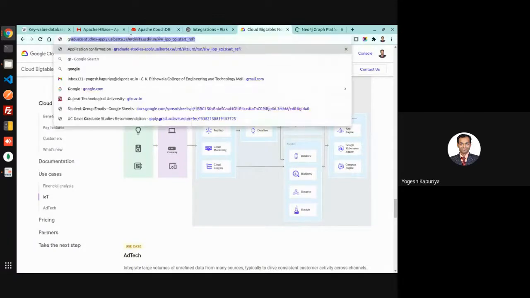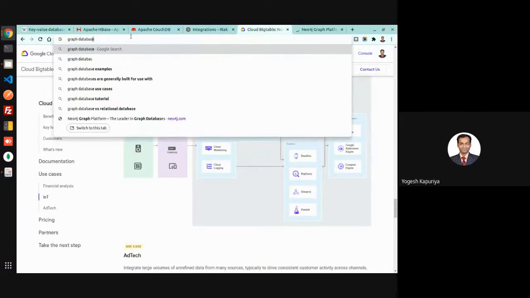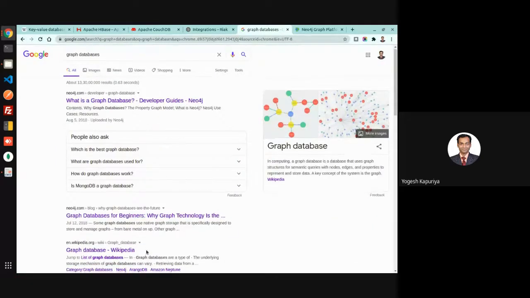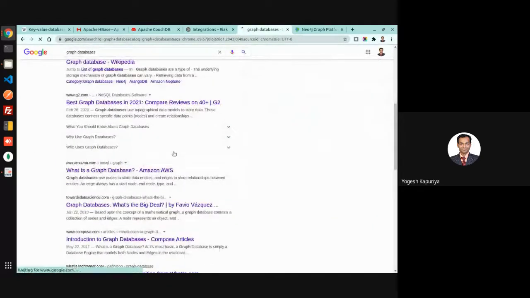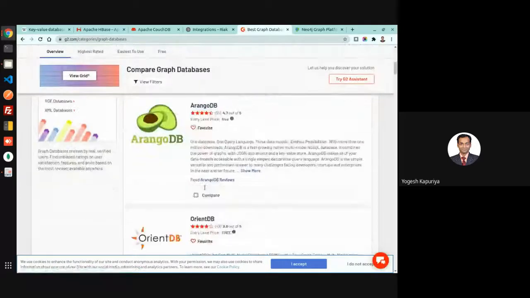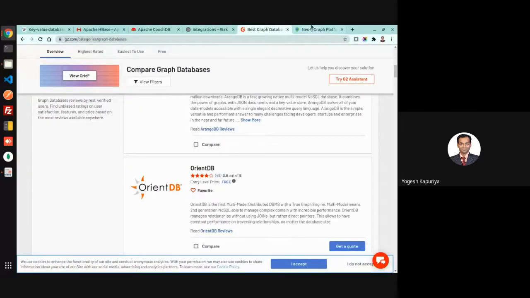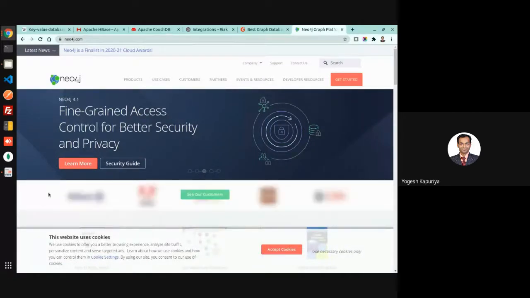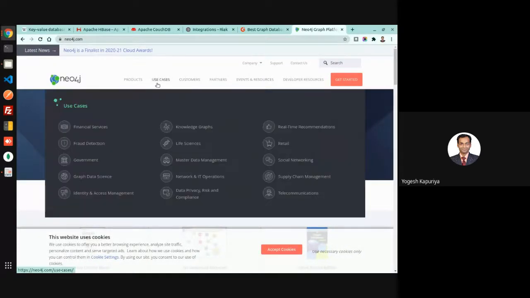Okay, Neo4j. If you search for graph databases, you will find others as well. But Neo4j is the most popular according to me. There are others as well. OrientDB is also one of them. And there are many companies which are actually using this.